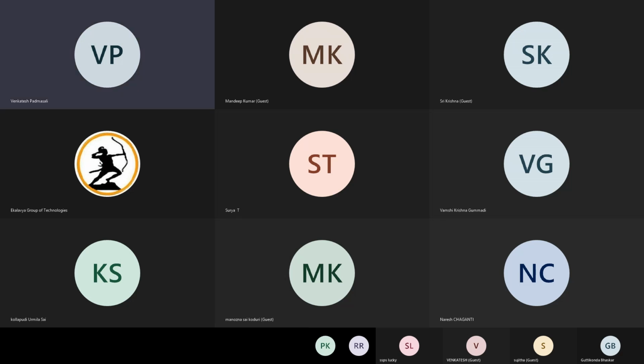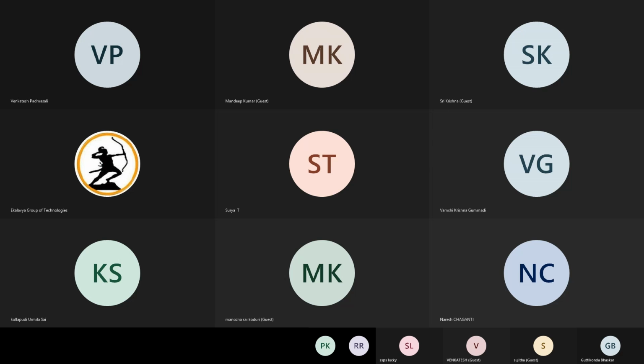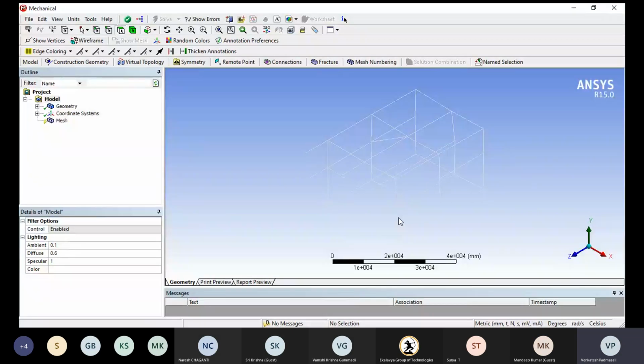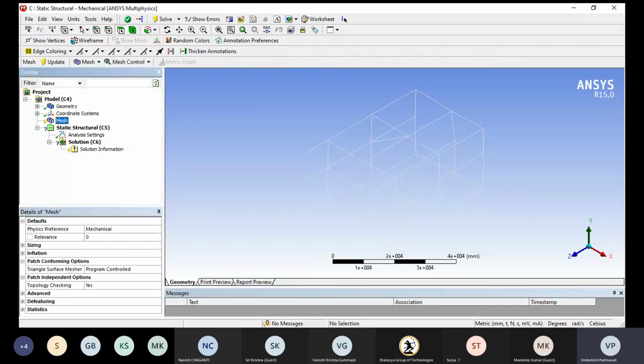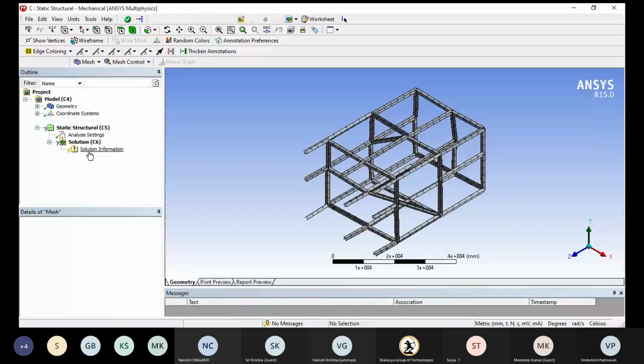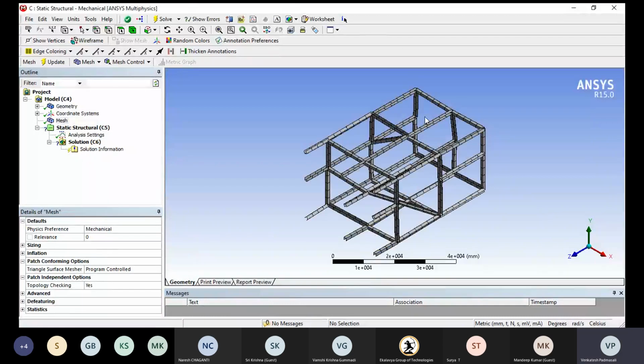So let us observe here once whether it was available or not. Okay with you guys? Yeah. So here I am going for the usual mesh. Right click, generate the mesh. Yeah. So it will be available.